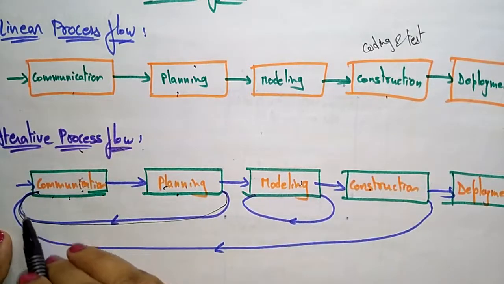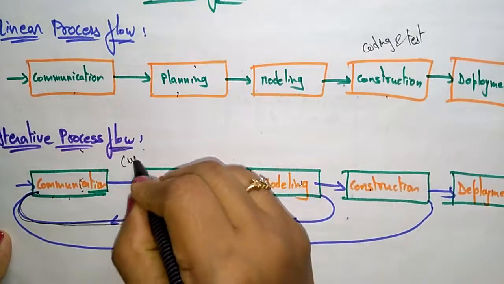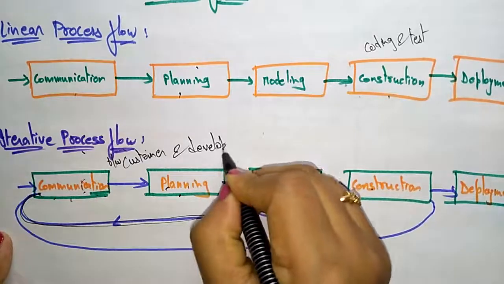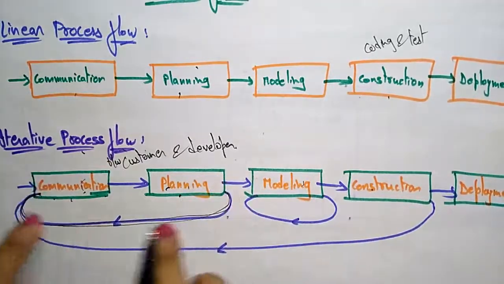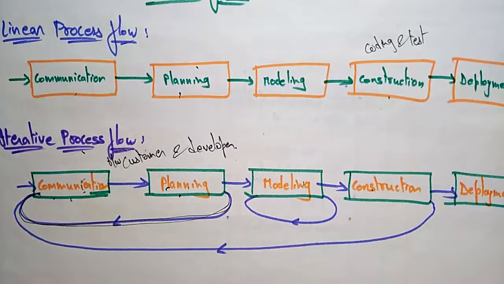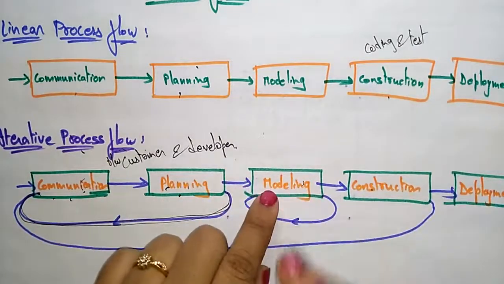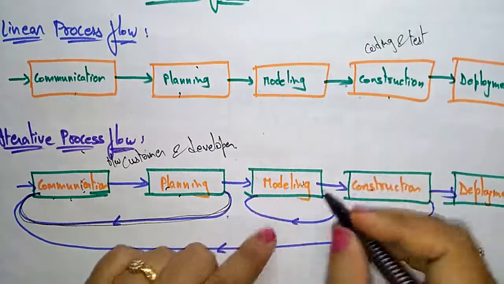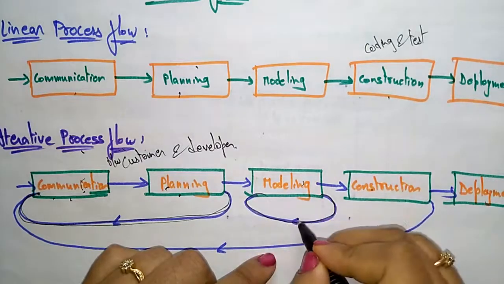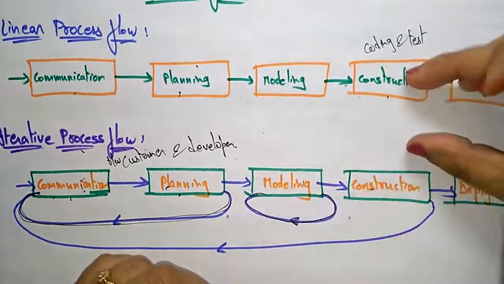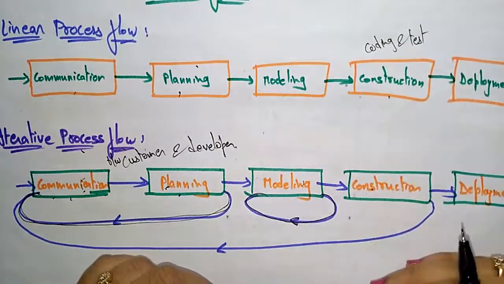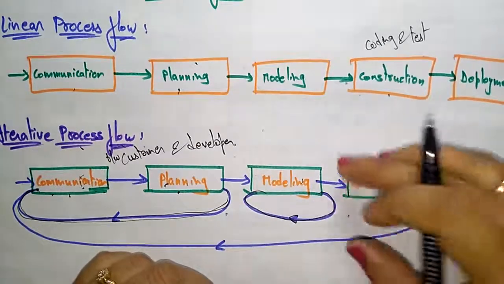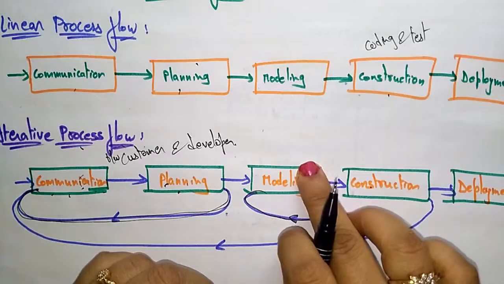This is an iterative process between the customer and developer. That's why we call it an iterative process flow. Once that is final, they do the modeling. The developers are going to do the modeling. They are not frozen with only one task. They are always trying different ways. That is modeling, iterative. Once they design one model, they still elaborate that model, adding enhanced features. So this is the iterative process flow.